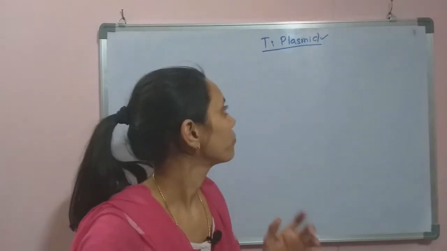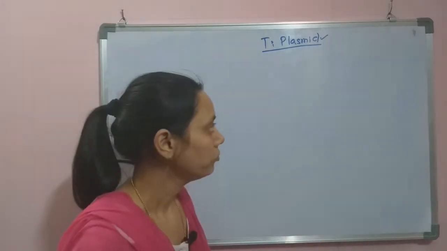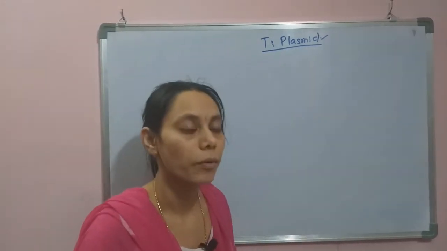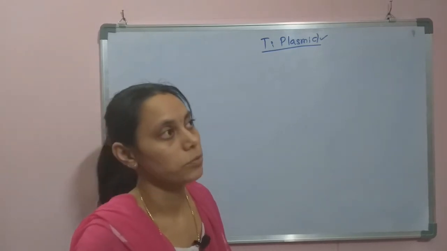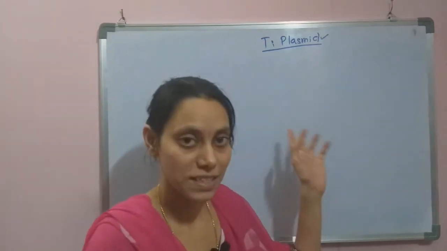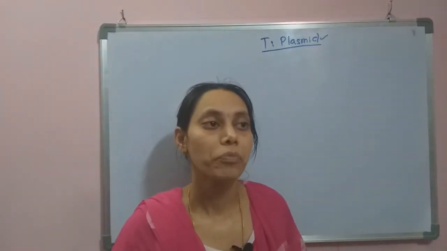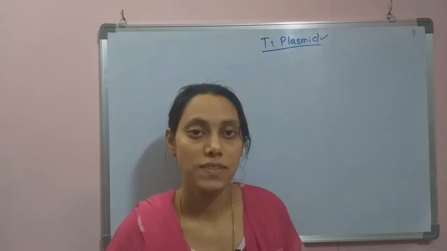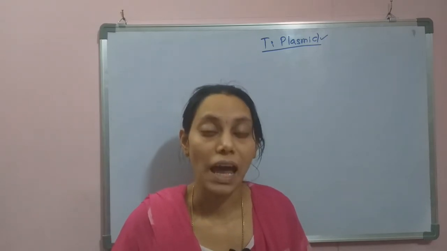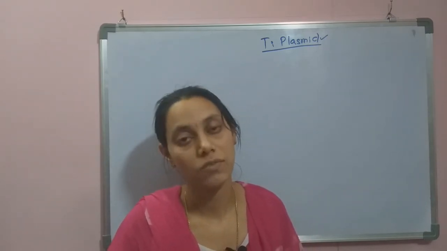In this video, we are going to have the TI plasmid. In this series of videos, we have been discussing different processes in genetic engineering. As a part of different vector systems, here we are going to discuss this TI plasmid. Basically, this TI plasmid is a natural genetic engineer. That means because of the presence of this TI plasmid, the respective bacteria are able to cause genetic recombination in the plant that got infected with this very bacterium.